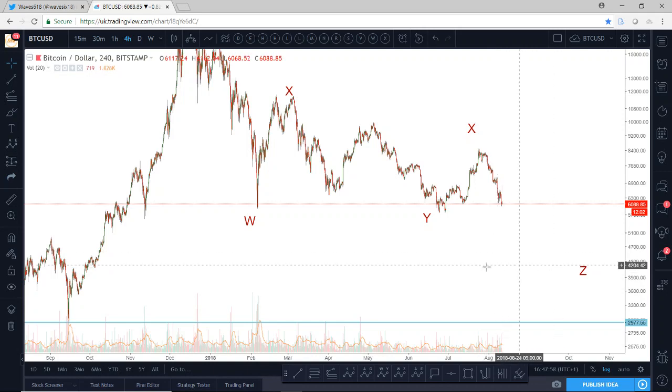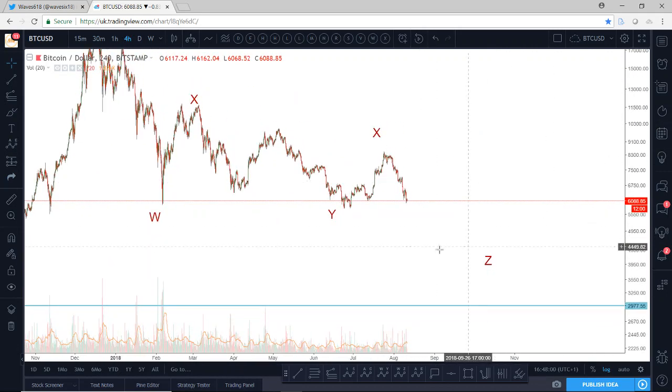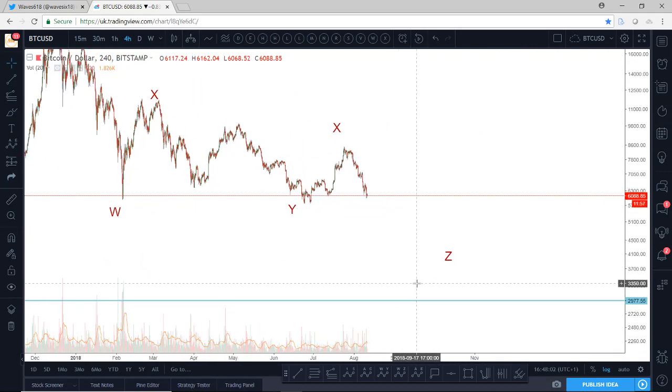A lot of people have asked, what do I think will happen at that point? Well, there'll be a bit of a candle wick, but I wouldn't worry about catching the bottom. If you worry about catching the bottom, you very often miss it. Of course at this level, 3,000, there's a huge amount of support, so you could potentially put a day trade on there if price comes down to there, but I expect price to go sideways for a while, and I'm not going to worry too much until price breaks out of this downward